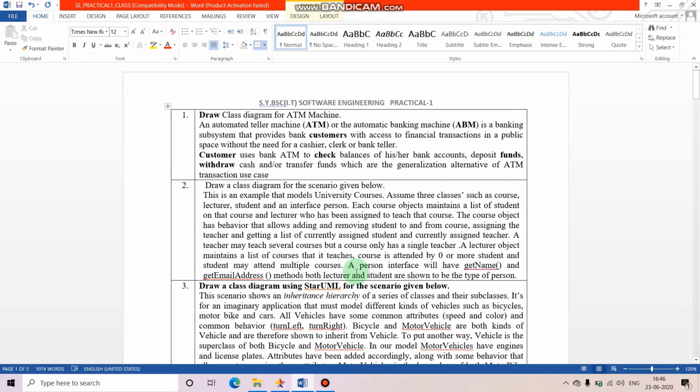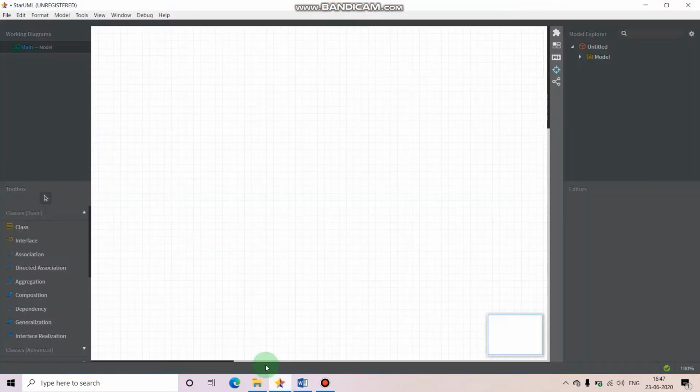It is not possible for you to learn each and every question and each and every diagram for that particular question. So it is better to make a habit of understanding the question, and depending upon that, develop the diagram on the basis of your understanding. Okay, so let's start developing this diagram.